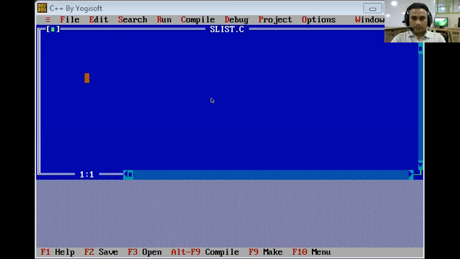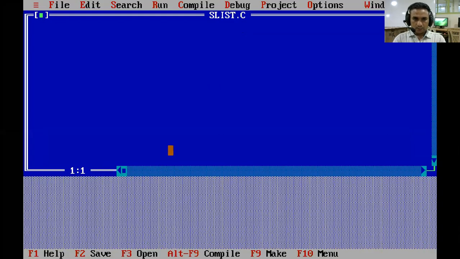Today, we will implement a single linked list using C language. So, I am going to share my screen. First, we have to use the main function, void main.